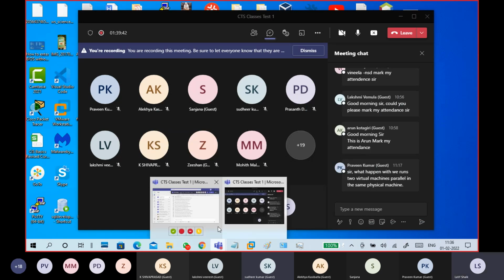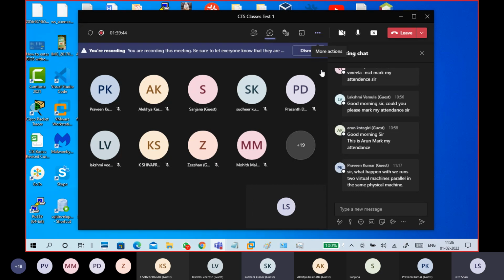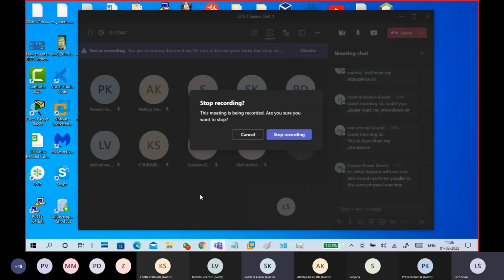Okay, so I am just stopping the recording. It is only for the network connection in the VMware part. The next part I will show you